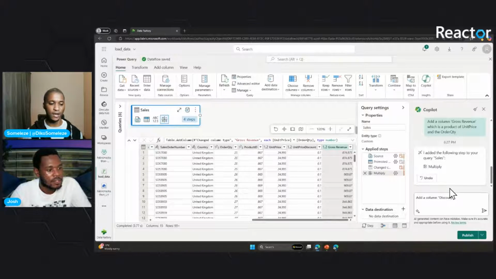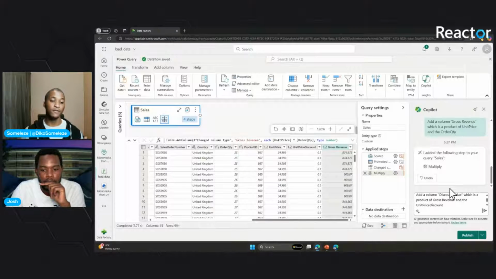You say discount value, which is a product of gross revenue and the unit price